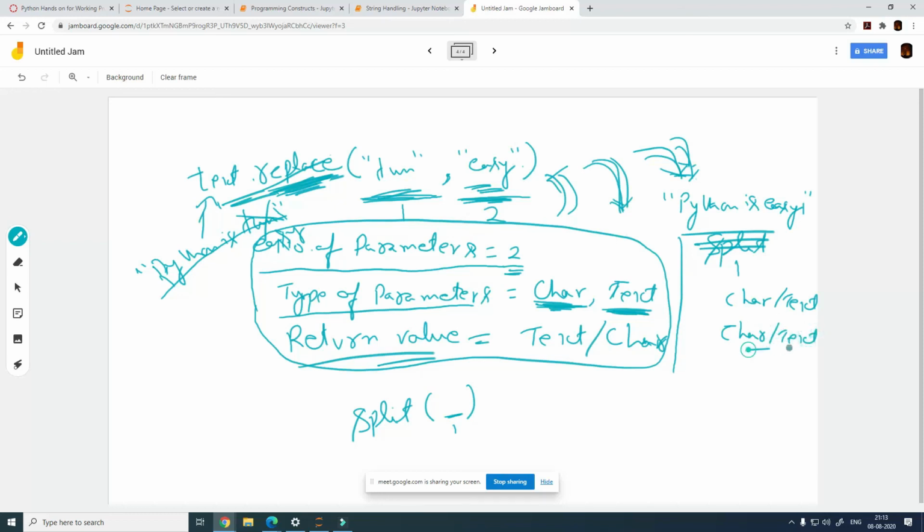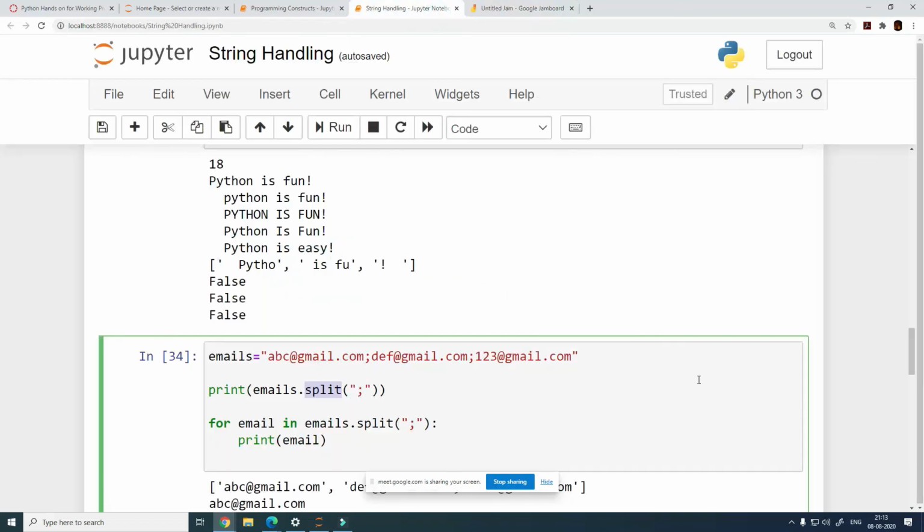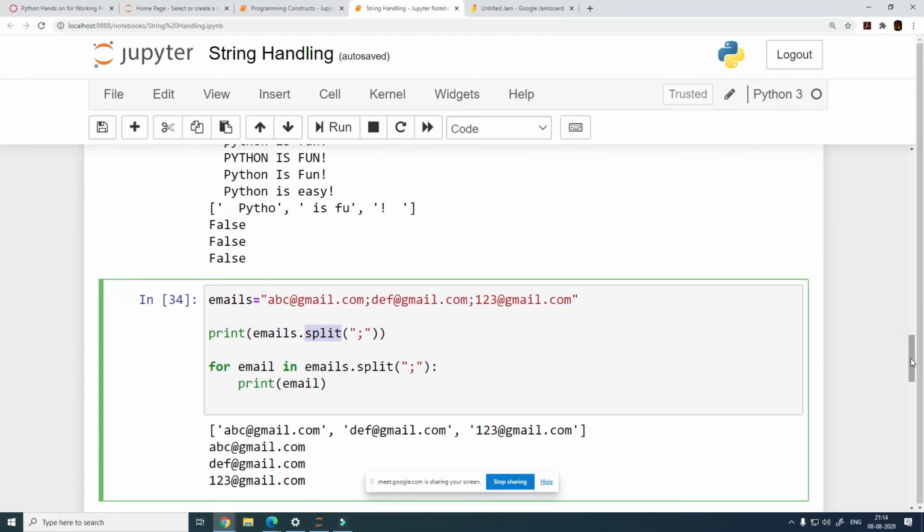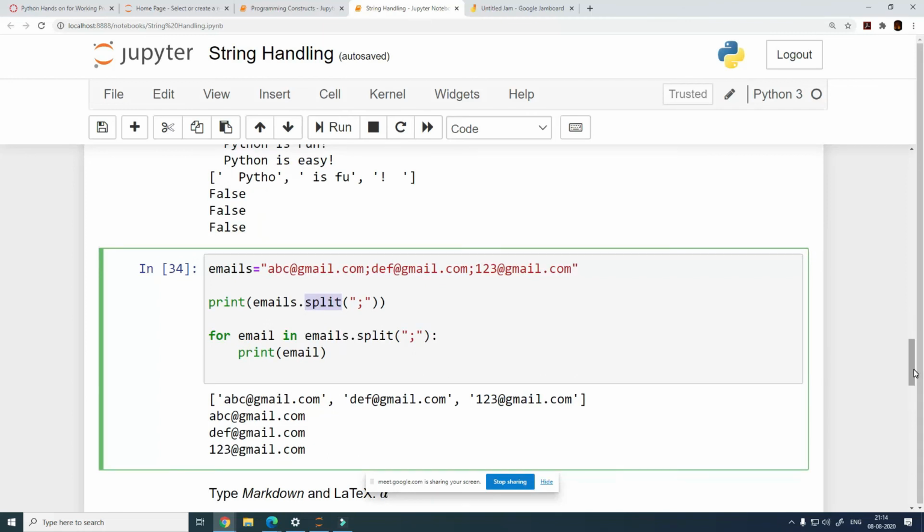So the signature is going to be not entirely different, but somewhat different, right? The number of parameters are different, the type of parameter is the same, the return value is the same. Sure. So back to your question, you just cannot write the syntax based on how you think this is going to work. You need to just follow the signature, right? So your question was, if you need to split on multiple characters, then the solution is very simple. You need to call it multiple times. First time you call it with a separator, right?